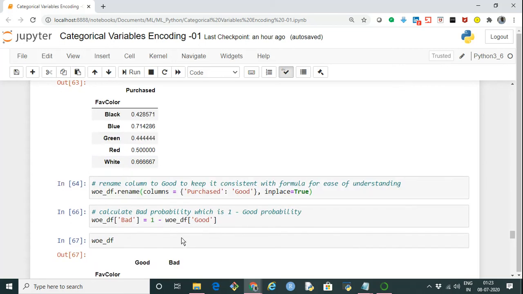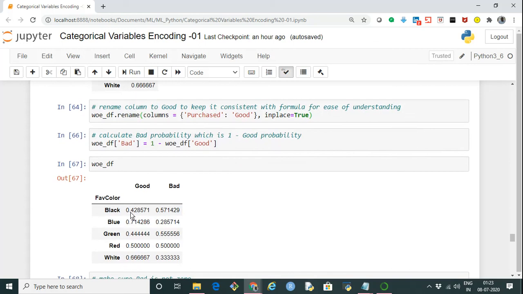And then we can create another variable, woe_df. The column name will be bad, which is nothing but 1 minus good, so the probability of bad is equal to 1 minus the probability of good. And this is what we get: good and bad with their probabilities, for the different categories of the color.